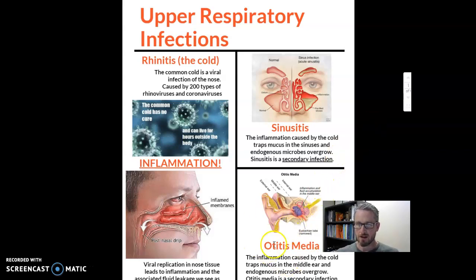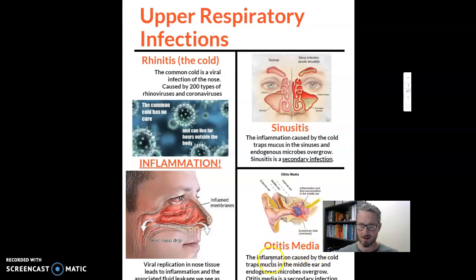The same is true for another infection of the upper respiratory tract, which is called otitis media. This is an ear infection. So our ears are connected to our respiratory tract. Once again, there's a small channel, the eustachian tube, that connects our middle ear to the rest of our respiratory tract. If you have a cold, the inflammation caused by the cold can cause the eustachian tube to swell shut. That will trap fluid in the middle ear. The natural microbes that live in the middle ear will overgrow in that fluid. You'll get a bunch of pressure and additional inflammation from the immune response, and that's what can lead to the pain associated with an ear infection. So once again,